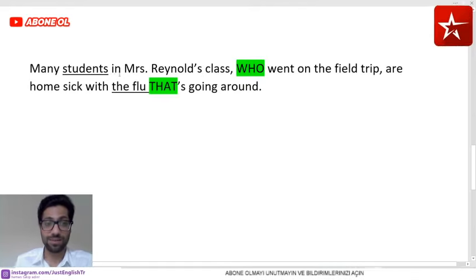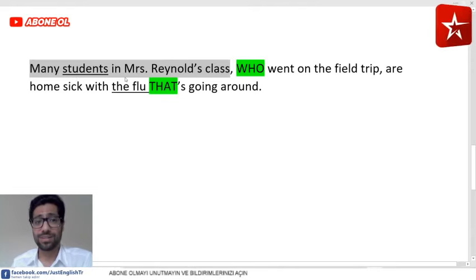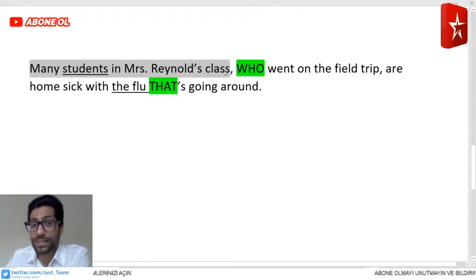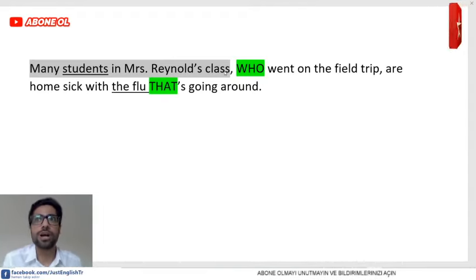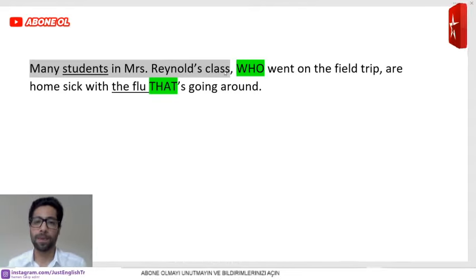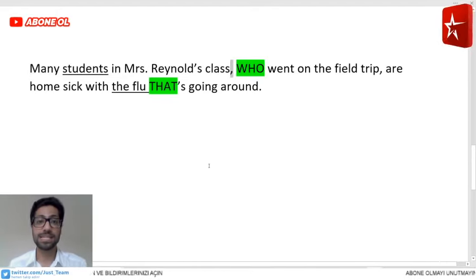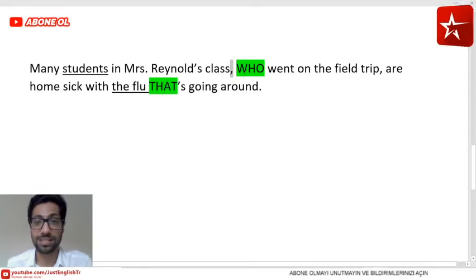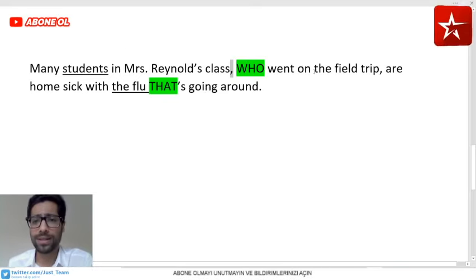It can be here because this is the sentence. It's a sentence. So if you read many students in Mrs. Reynolds' class, okay, and what? Now I know there are so many students, but what are you trying to tell me? Here you're modifying, you're adding information, and here comes the comma. So many students in Miss Reynolds' class, so we are talking about the students who went on the